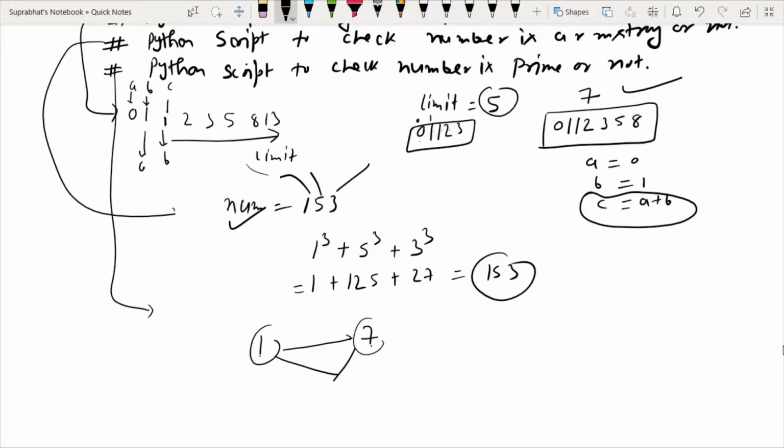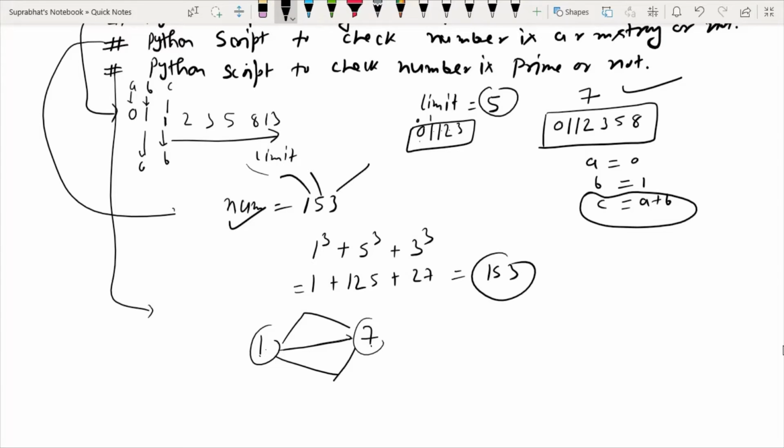So you have to check, for any number that you enter from the keyboard, whether it is divisible by any number between 1 and the number itself. If it is divisible, then it will not be a prime number.